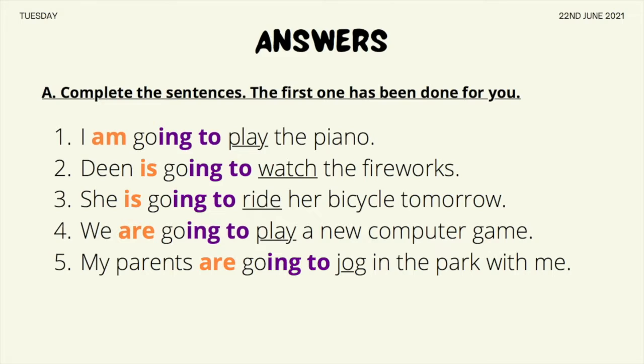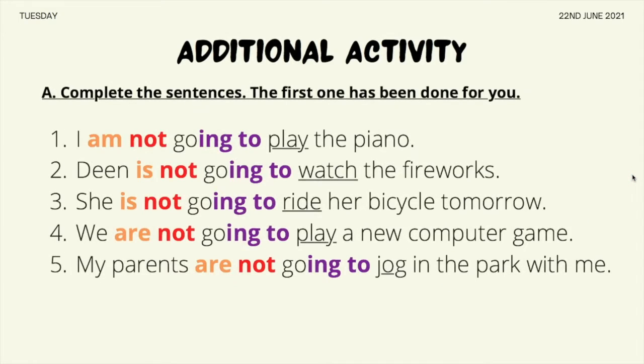Please do your reading practice on your own. You can pause this second to allow you to do the practice. Next, this is the additional activity. Since we have learned the negative form of sentences, why not we try and read and practice your speaking skills? You can listen to me first and then later you can pause this second to allow you to practice your speaking and reading on your own.